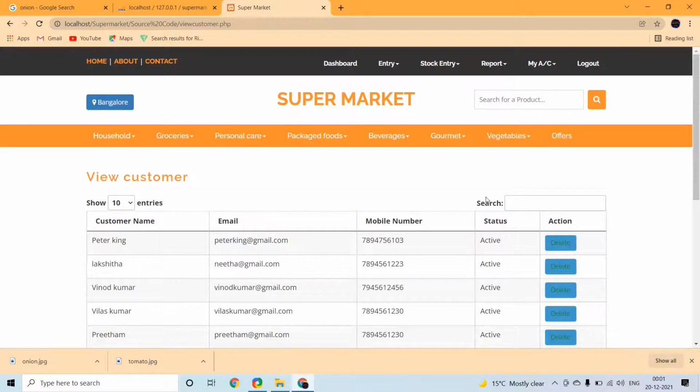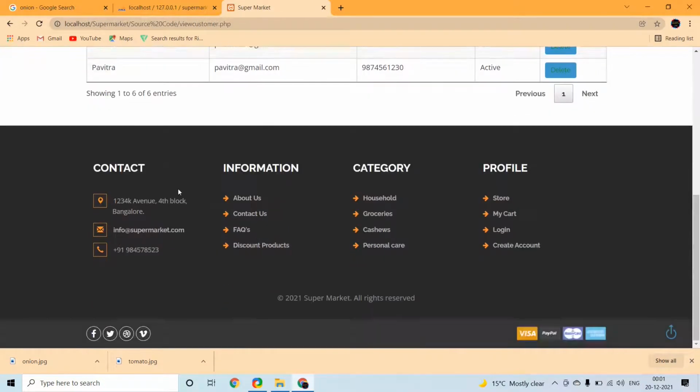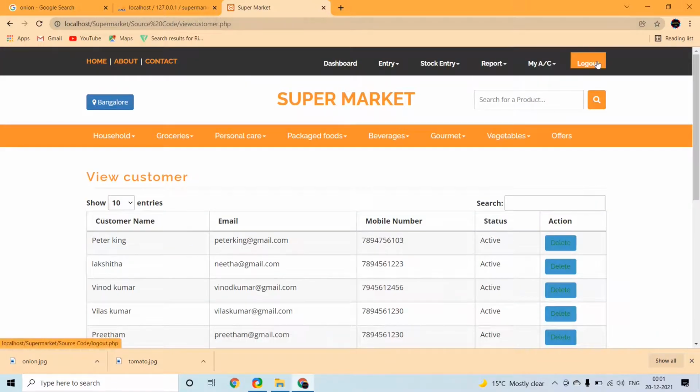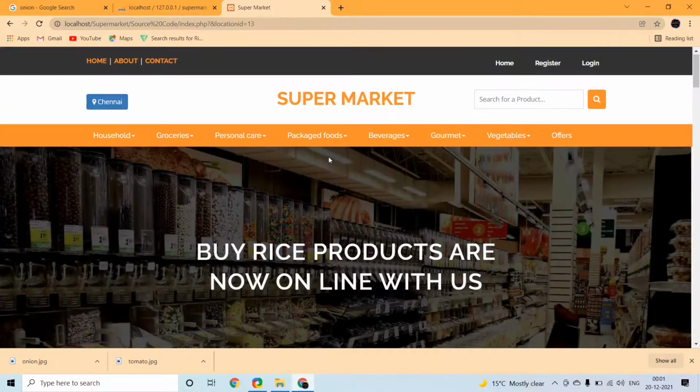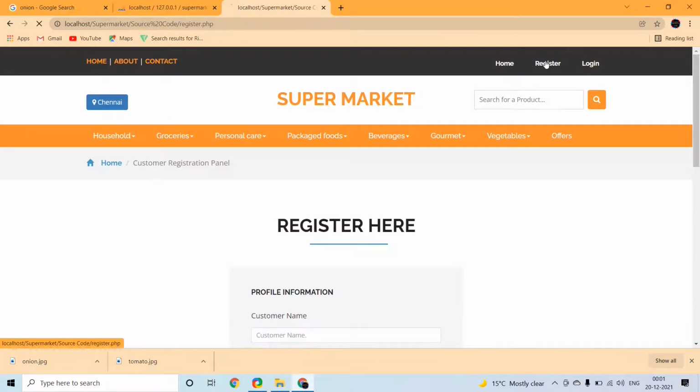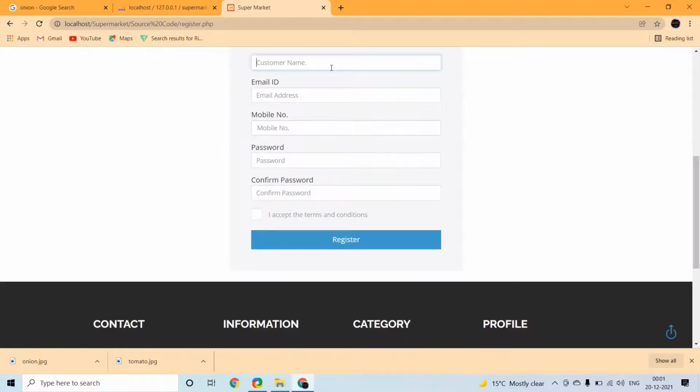In the view customer we can view our customer details, their email address, mobile number, name. Now I want to log in as a customer. I select Chennai as a city, and as a customer I register some dummy name and their email id, mobile number, password.